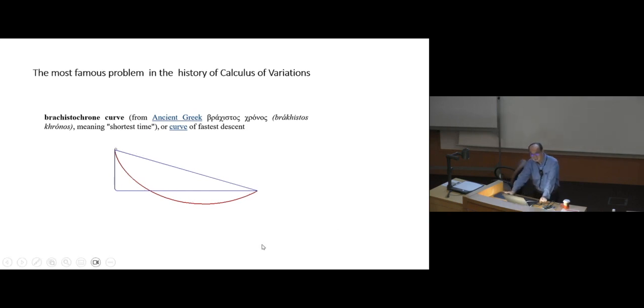It turns out you should follow this red curve. So you have to go down first and then go up, right? Follow the smooth curve. That one will reach it. That will take the minimum time. You cannot just draw a straight line. You also cannot go like this, as you can see.